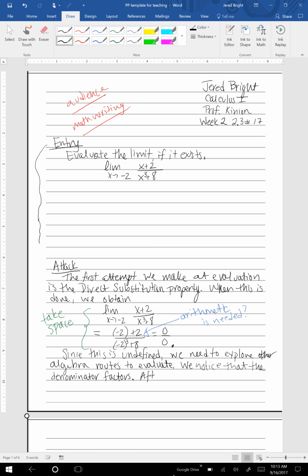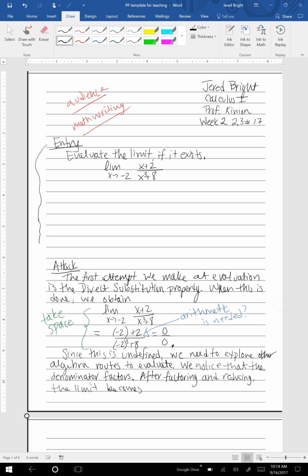After factoring and reducing, the limit becomes,